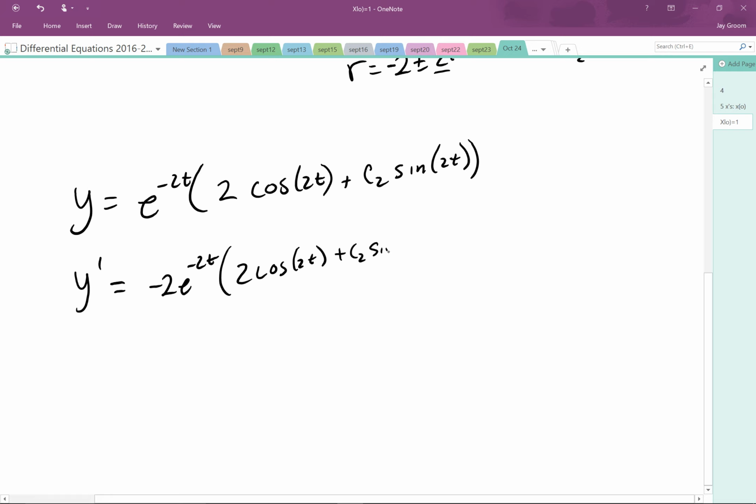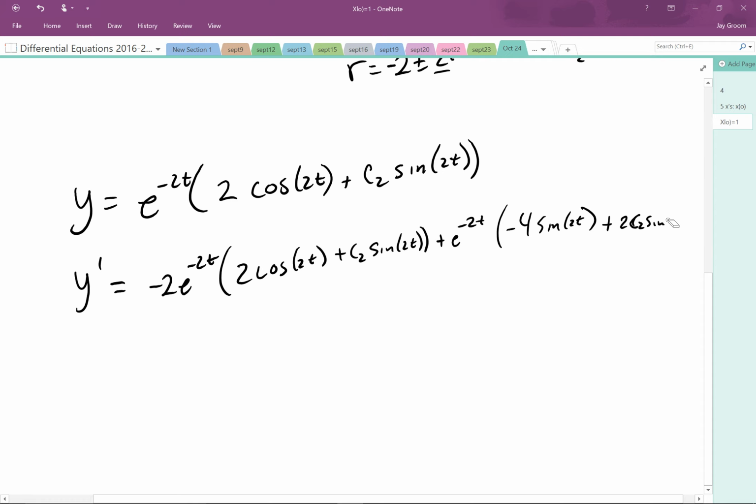Remember, you don't take the derivative of this the first time. It's a product rule. Plus the first times the derivative of the second, which is going to be negative 2 sine, not cosine, 2t. Oops, but the derivative of 2t is 4. There's a 2 out there, so 4. There we go. And then plus a c2